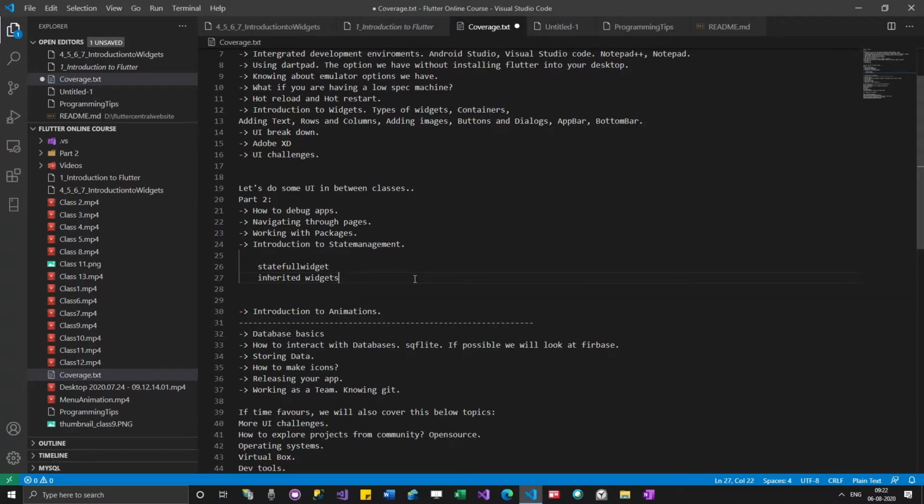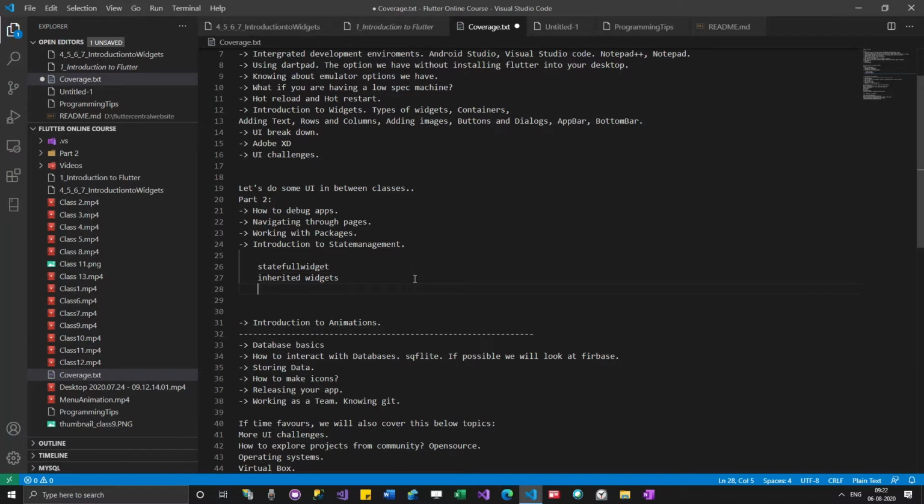I was saying we basically have two types of widgets, stateless widget and stateful widget. Inherited widget is a third type of widget, but it's not that important to understand in depth. But you can use it for managing state. And then the next one is provider. So these are the three things we are going to look into.